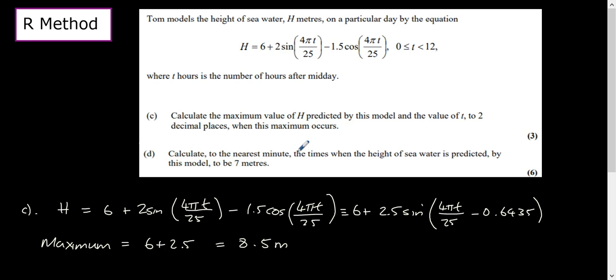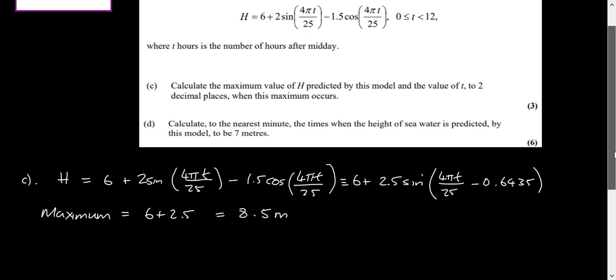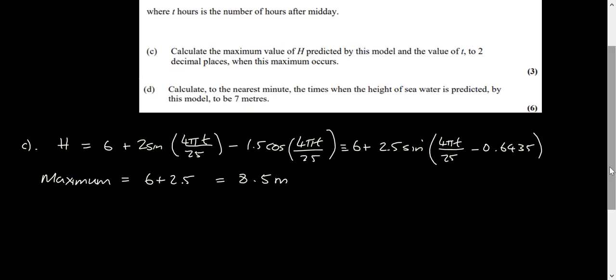Now we need the units because we're now working in a real world problem. So we have h in meters, so 8.5 meters is our maximum. What time does this occur? So the value of t to 2 decimal places when this maximum occurs. Well, where does it occur? If you remember, we took our pi over 2 and we added 0.6435. So that's basically saying the same thing as 4 pi t over 25 minus 0.6435